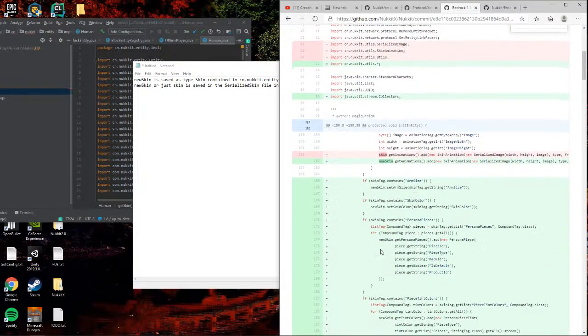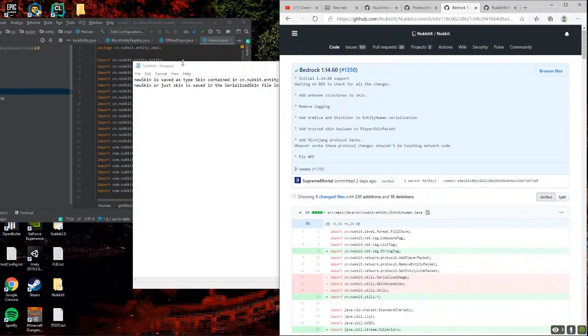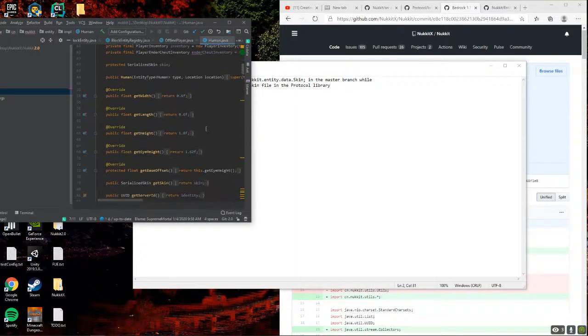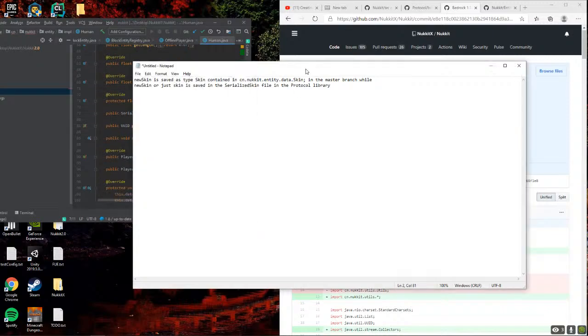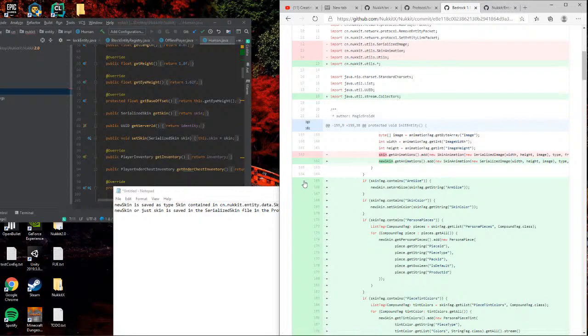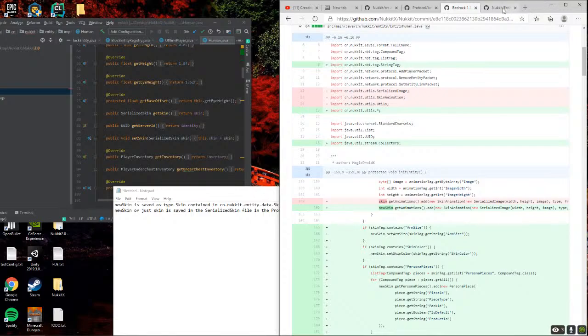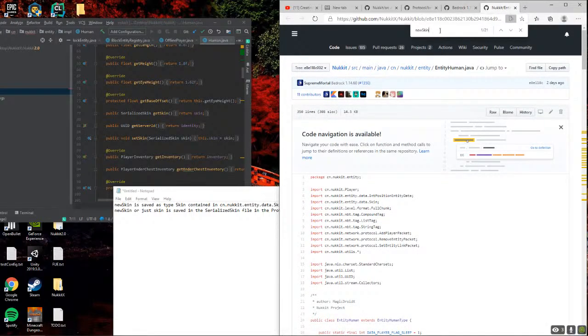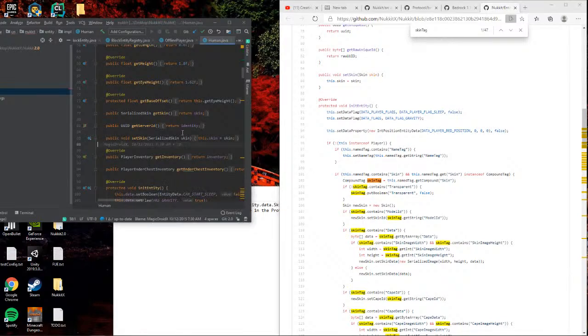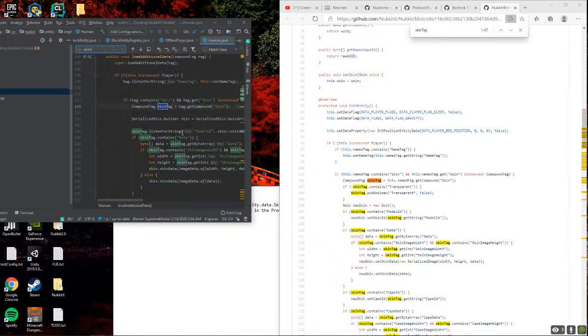But at the same time, actually I don't. I just need to, if it's already added in, then I technically don't need to. But what is skin tag? Compound tag. So tag.getCompound.